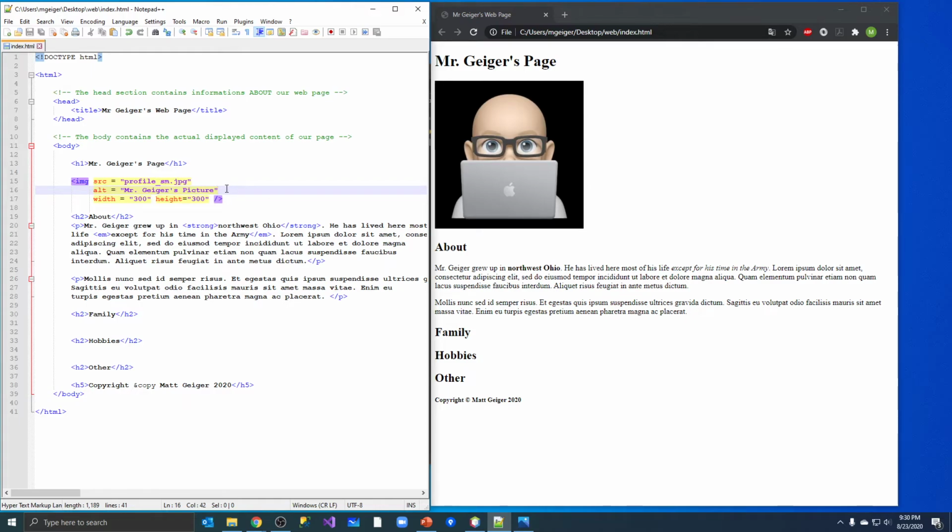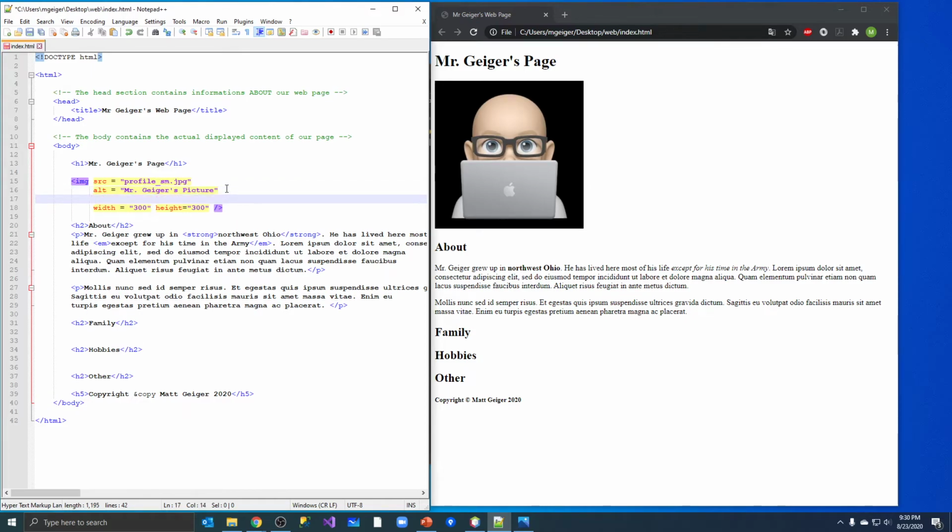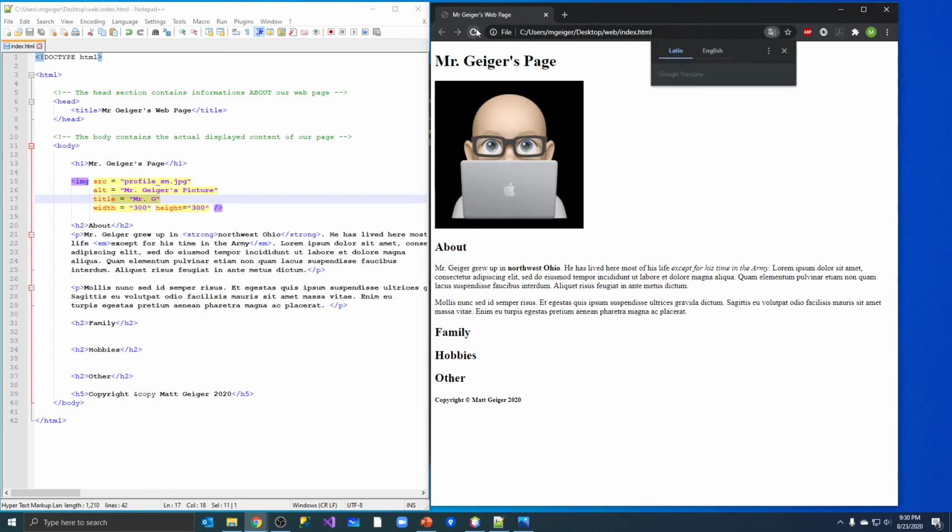I was just thinking of something else we could add. If you want to, you could also put title. Title equals Mr. G. Okay, that's another attribute that you can use. You don't have to use it. You should always use an alt tag. You have to have a source, and you should always use width and height. You don't have to put title, but you can put title. And if you do put title,